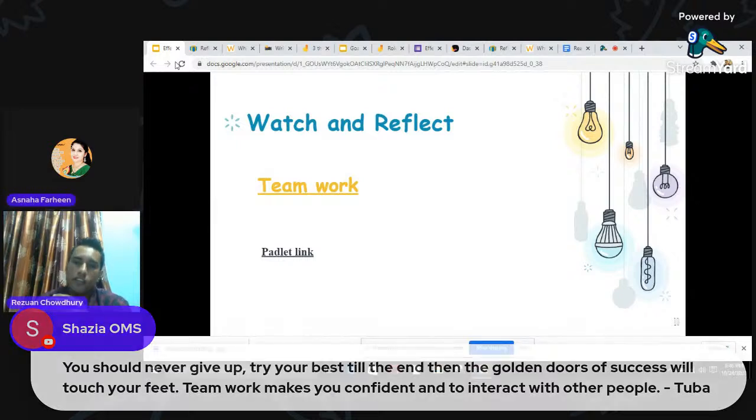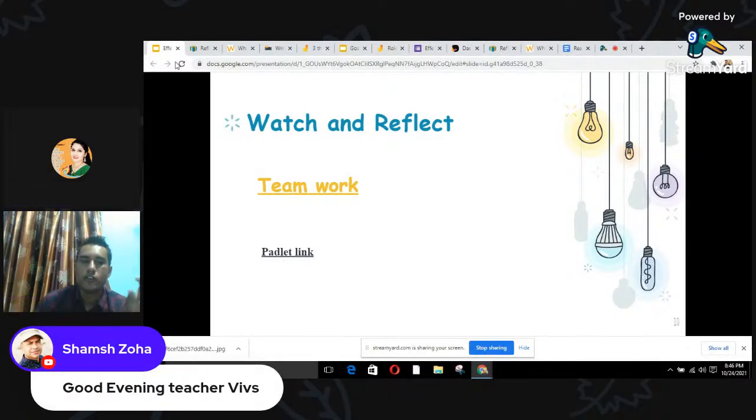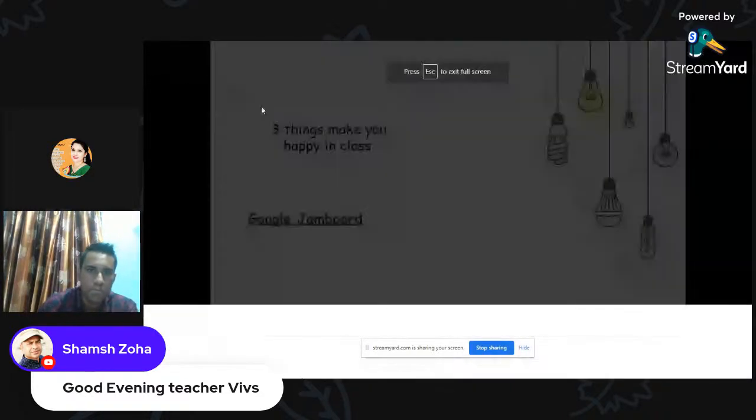So when you start a concept in your class, you can play a video that is related to the concept, and then you can ask them to give the reflection in the Padlet link. The same way you have given the reflection in the Padlet, the students are going to reflect as well, and they're going to love it. And then other students can give their thoughts as well in the comments. Okay, now I'm moving to the next slide.